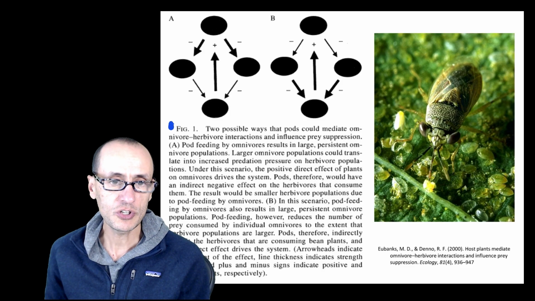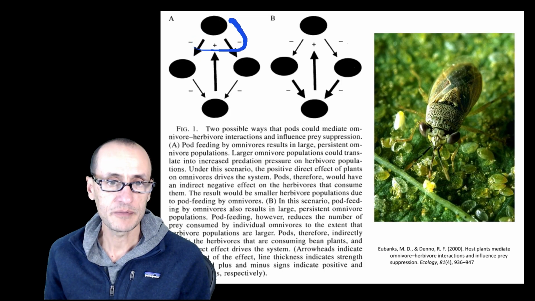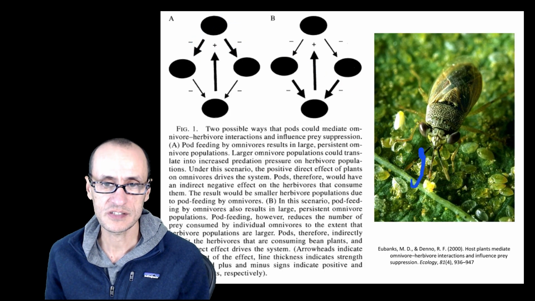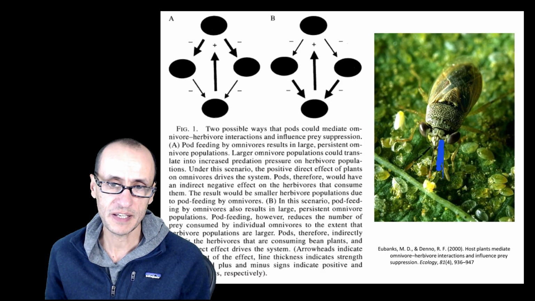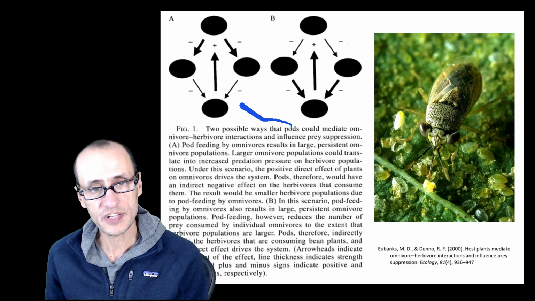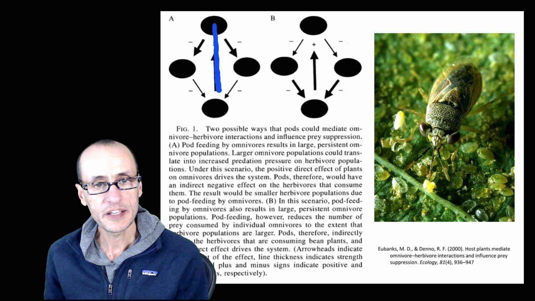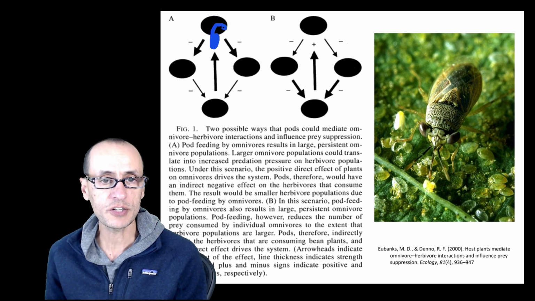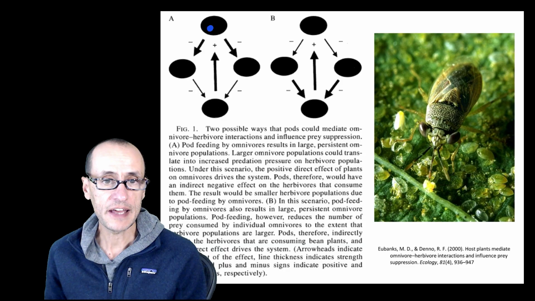And he proposed that there could be two different outcomes for the herbivores based on omnivory by this particular predator. And he was working with these big-eyed bugs, Geocoris. You can see this big-eyed bug here feeding on aphids, for example. And he proposed that if the consumption of the plants actually somehow benefits and increases the abundance or the effectiveness of these predators, that this could result in bad news for the herbivores, who then are going to get nailed by these